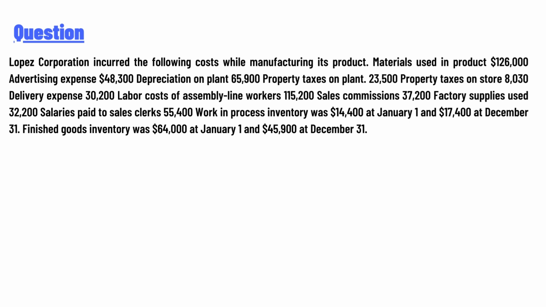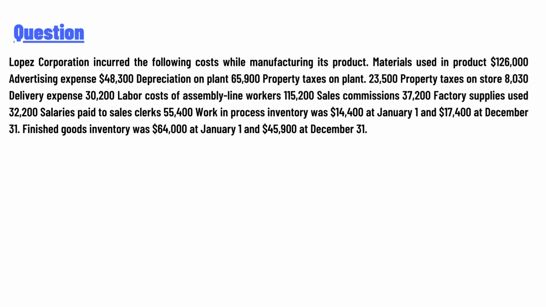Materials used in product 1,26,000, advertising expense 48,300, depreciation on plant 65,900, property taxes on plant 23,500, property taxes on store 8,030, delivery expense 30,200, labor cost of assembly line worker 1,15,200, sales commission 37,200, factory supply used 33,200, salaries paid to sales clerks